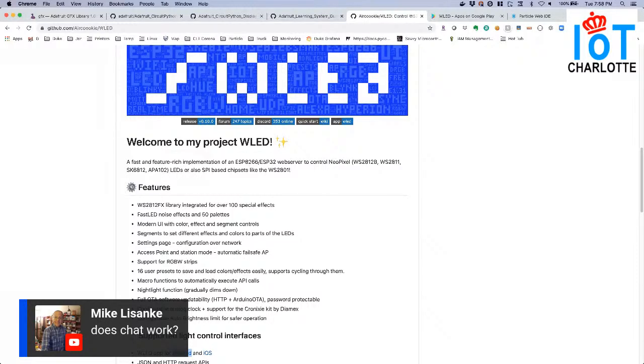While WLED is specifically meant to wrap FastLED, right? So you couldn't put the NeoPixel library in there. You couldn't put a library to do one of those fast graphics panels that's got the 20-pin connector on the back.